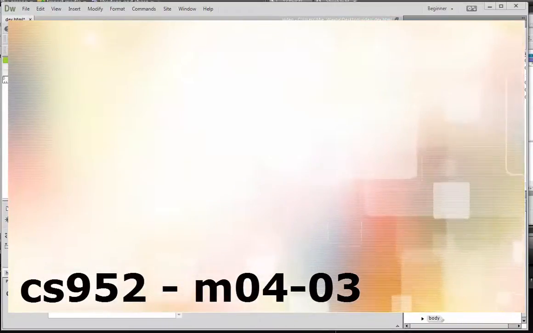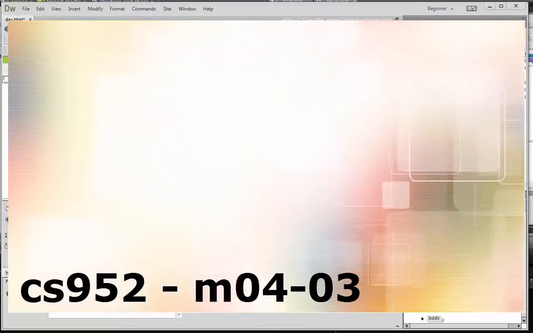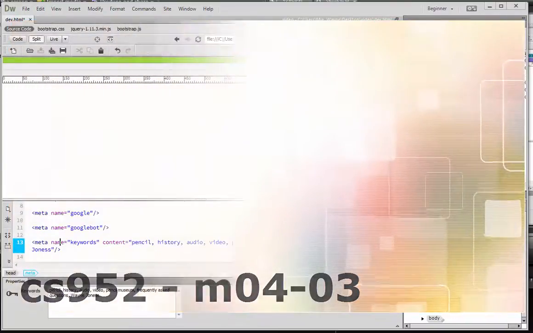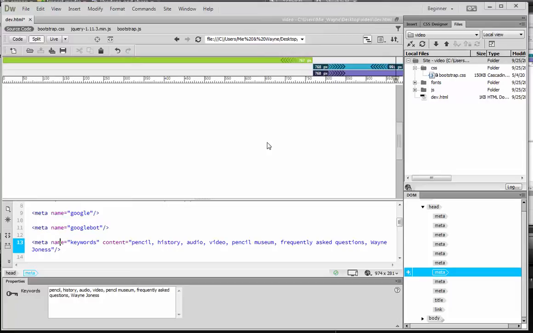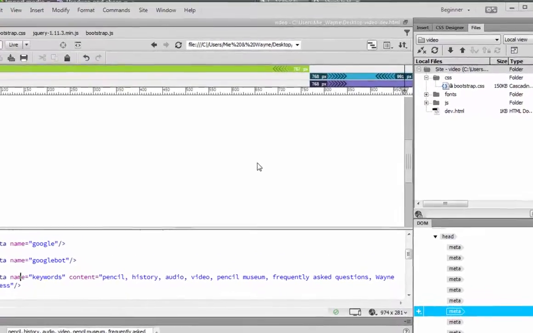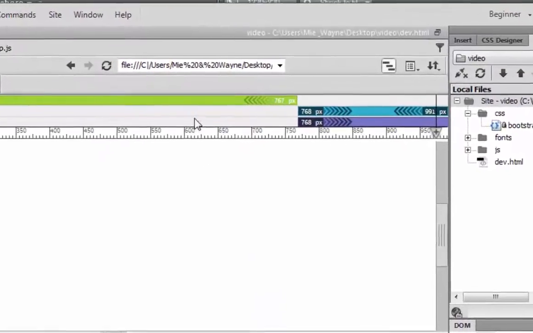So in our last video we added in our meta tags. We're going to move on now and we're going to start adding some actual content to our web page. We haven't actually added any content yet. So here we go. The first thing I want to do is I'm going to switch to my extra small